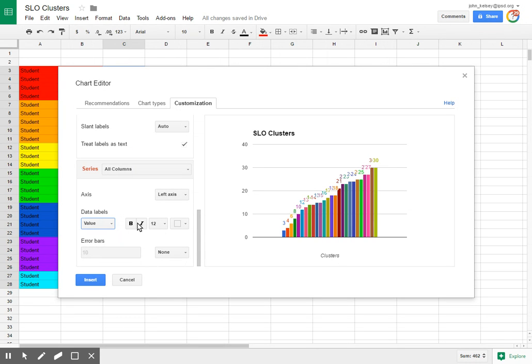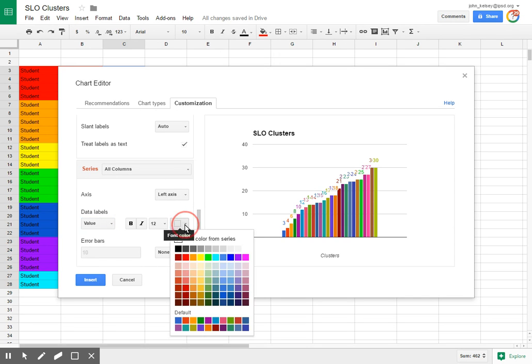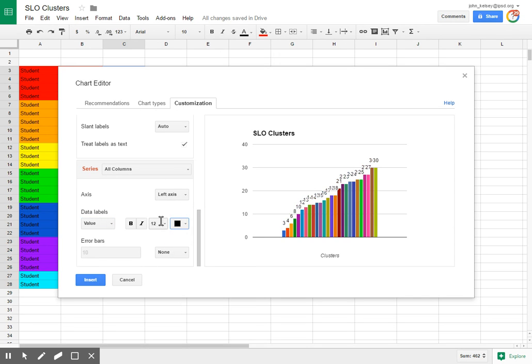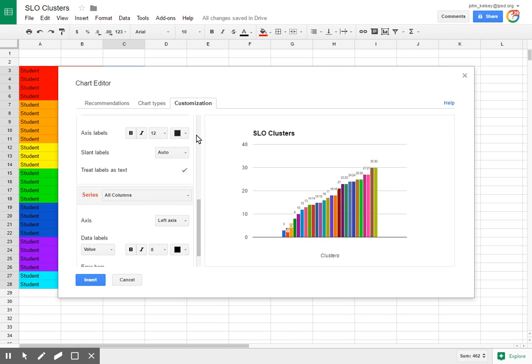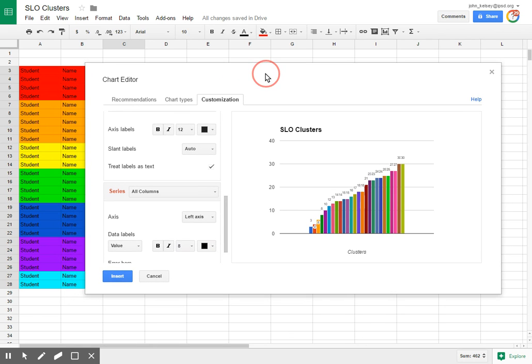You can leave it that way so that as you change your different cluster colors, they'll change that color. Or you can go in and make them all black. I like to change the font size a little bit smaller so I can actually read what those are rather than having them overlap. And now here's where the work goes in, and you can start looking at your different